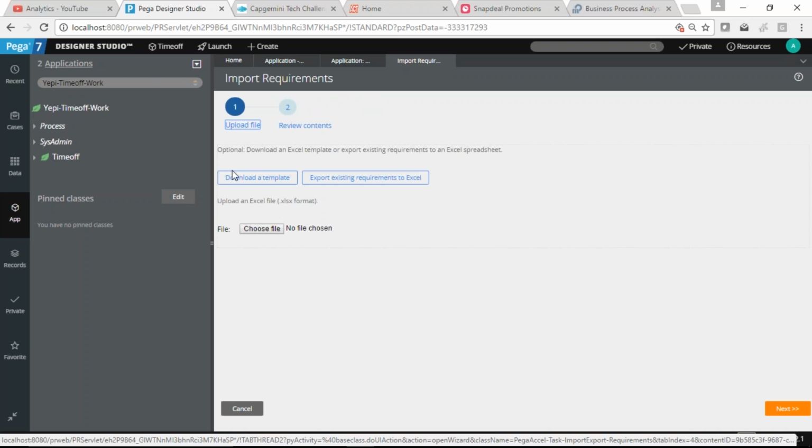If you want to get the template, meaning the format in which you need to upload, we can download the template and include our requirements within it.